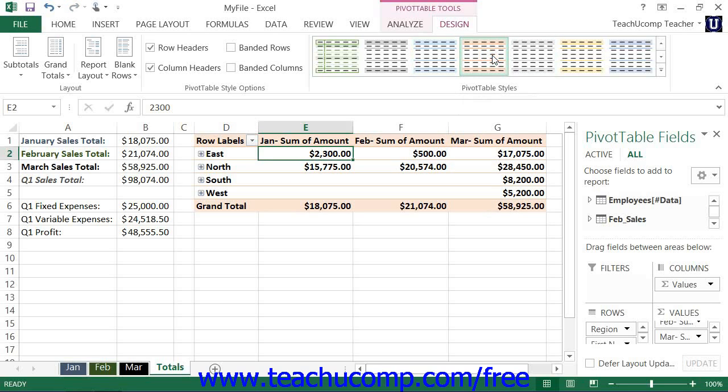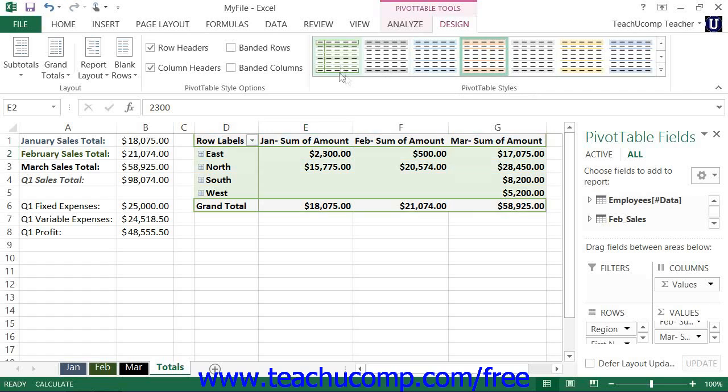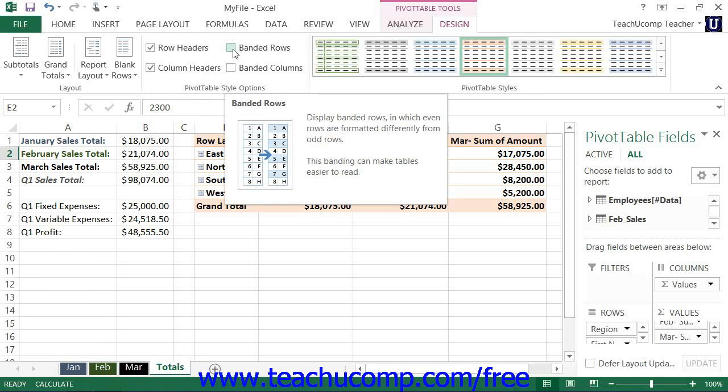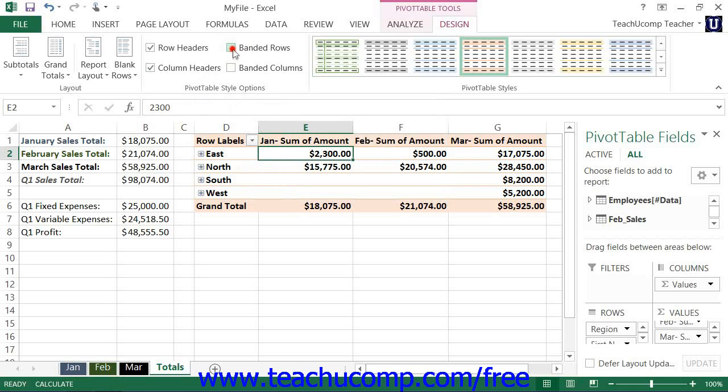You can modify the settings of the preset pivot table styles by checking the desired checkboxes that appear within the Pivot Table Style Options group on the Design tab of the Pivot Table Tools Contextual tab within the ribbon. Doing this will allow you to select the areas within the pivot table to which to apply special formatting. You can select to apply special formatting to the row headers and column headers by checking those checkboxes. You can also apply banding to the rows or columns within the pivot table by checking the banded rows or